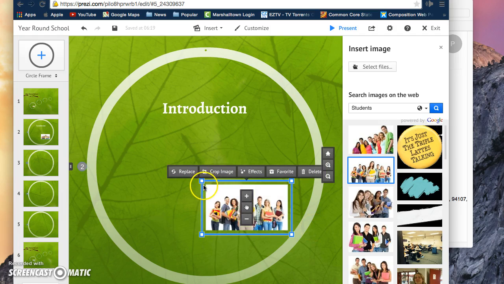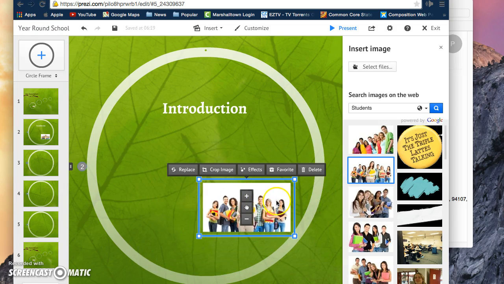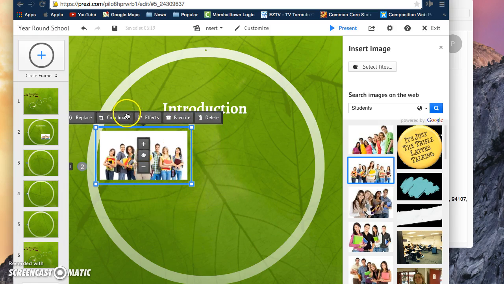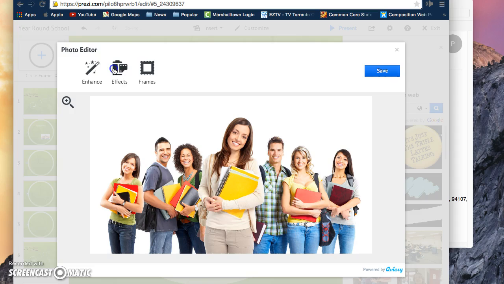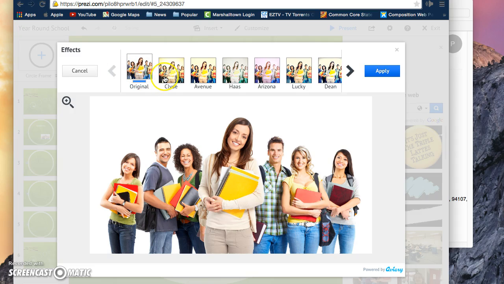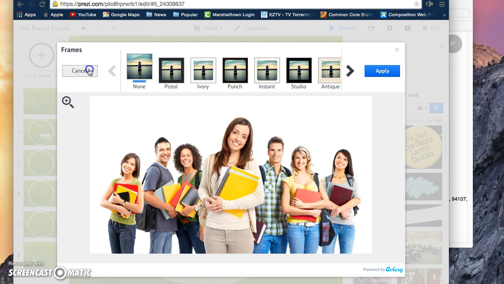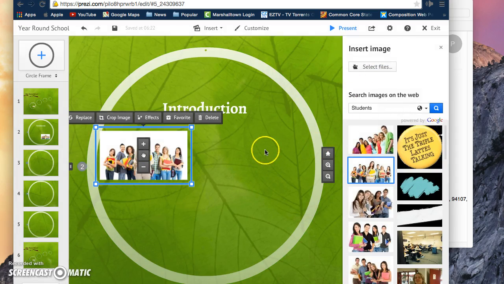It'll upload. I can change the size of the picture by dragging the corners. I can move the picture, or I can create effects with the picture. This would change the contrast, give it a frame, or enhance it. I can add up to 4 more items on this slide, but for now I'm going to move on to